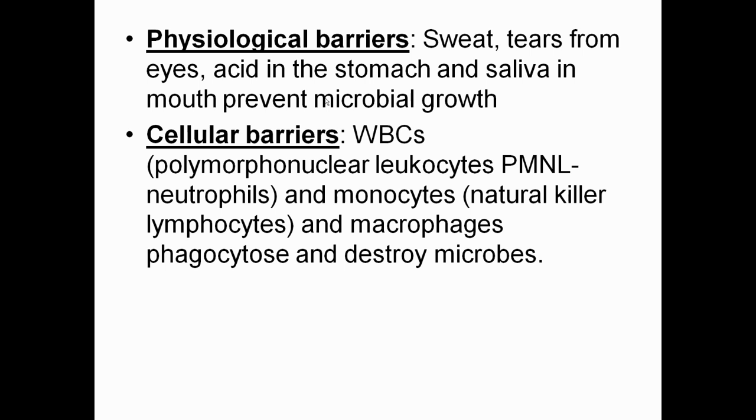We have a very well-fledged, fully fledged cellular barrier. The first kind of cell we study when we talk about the immune system is WBCs. WBCs play a vital role in building up immunity and fighting the pathogen. Out of all WBCs, PMNL, that is polymorphonuclear leukocytes, along with the neutrophils, play a vital role in killing the pathogens. Monocytes, having phagocytic capacity, are going to lyse any sort of pathogen along with the